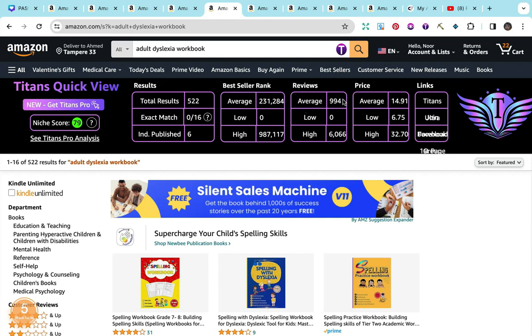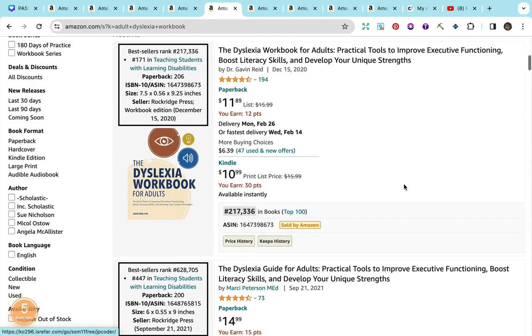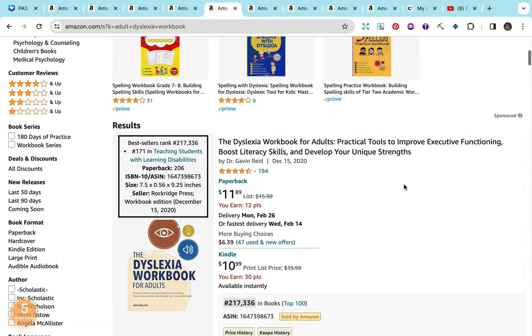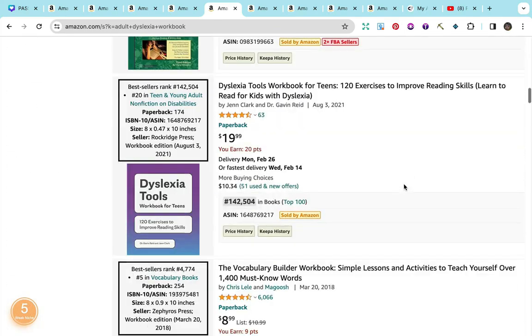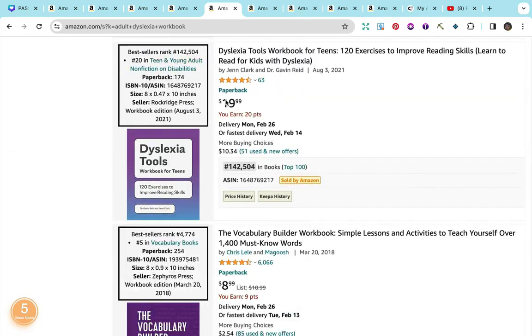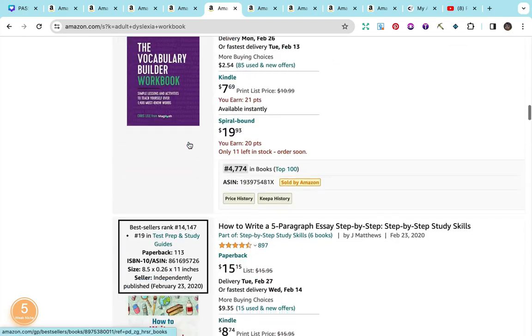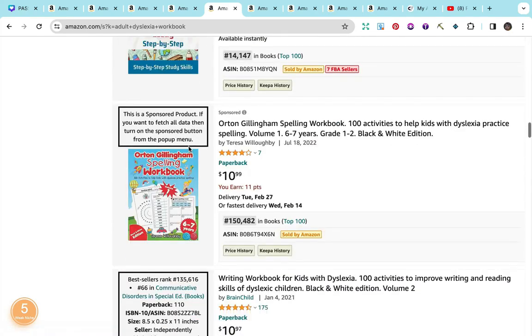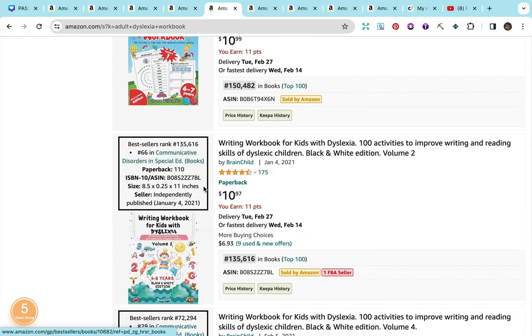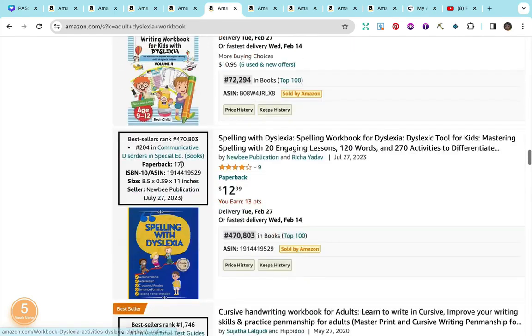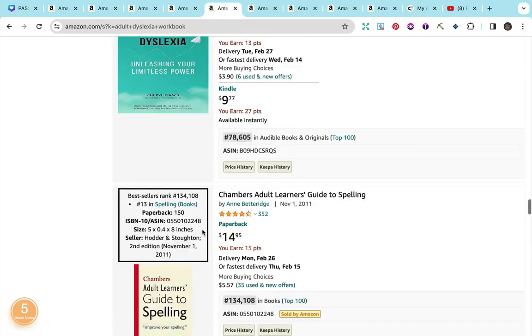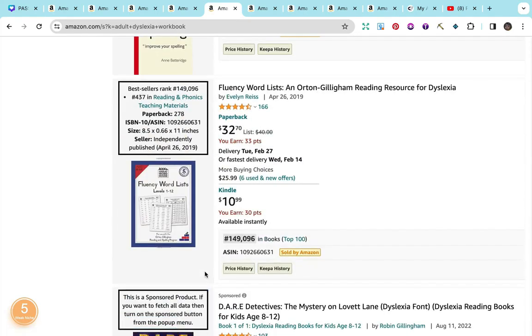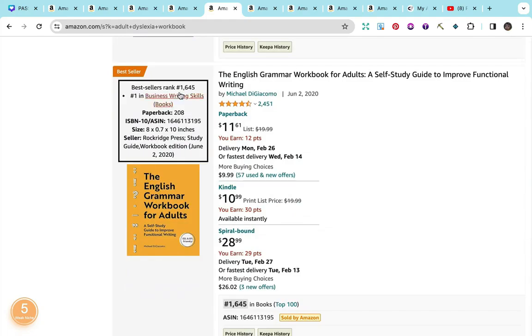Average reviews are 994. Average price is $14.91. Scrolling down, we have a couple of really good books that are selling quite well with a strong bestseller rank. This one here is 142,000, 4,700, 14,000. So just right there, 3 books under 100,000. We've got 72,000. We've got also 1,700. Scrolling down, we have 134, 149,